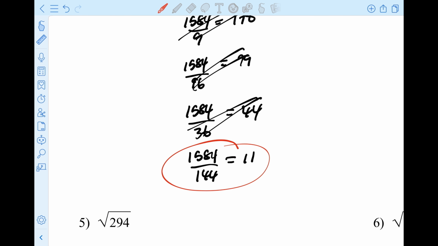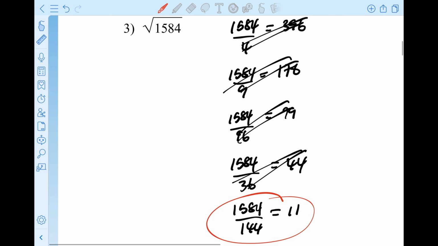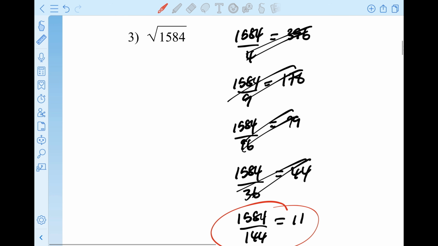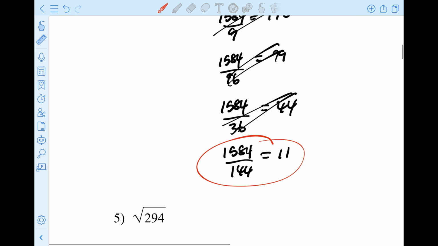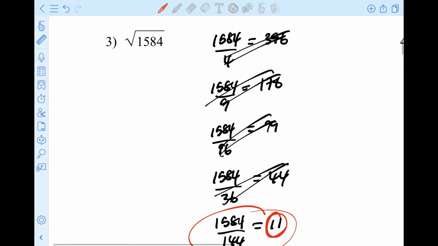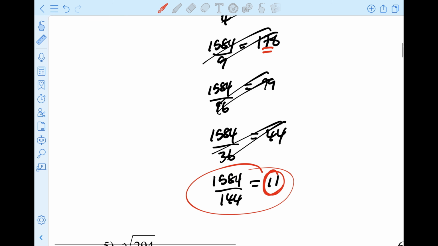And I did 3 together with you so that you could see the pattern and how I'm doing it. The reason why we know we can stop is that 11 can't go any further, right? We can always tell if you can go further. These numbers are big, so you can assume it could go further. 99, obviously, 9 can go into here, so we know that 99 could be broken down further. Similarly, 44, 4 can go into it. So once we can identify that a perfect square can still go into the remainder,